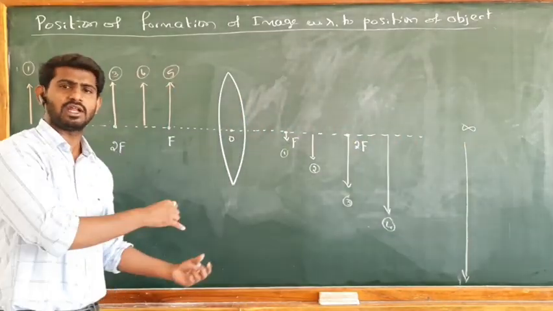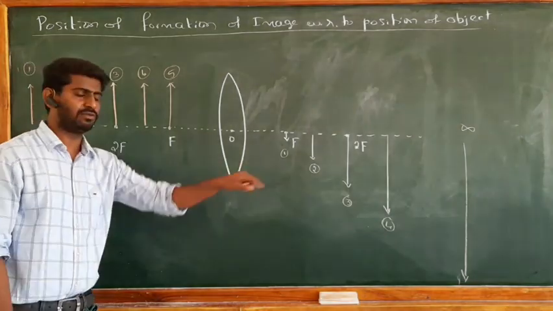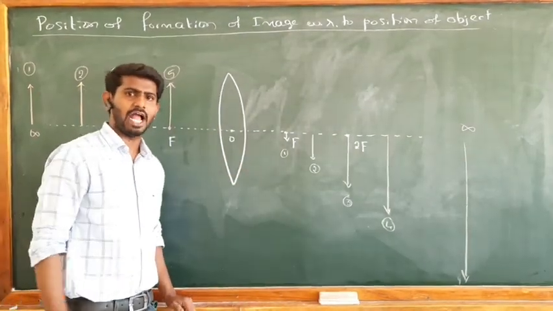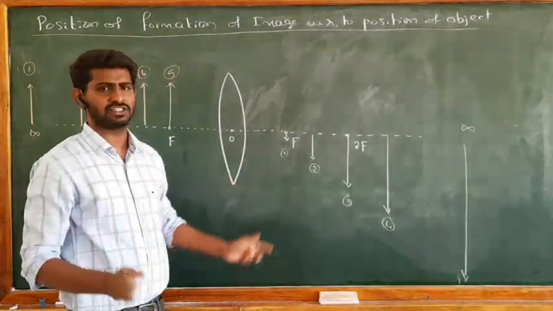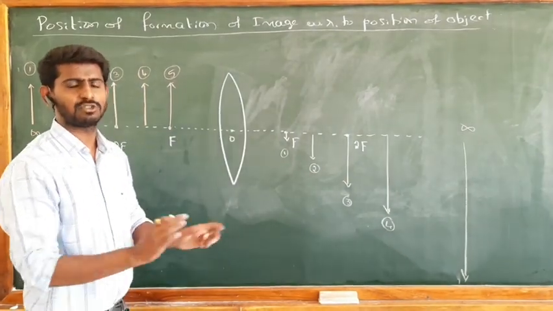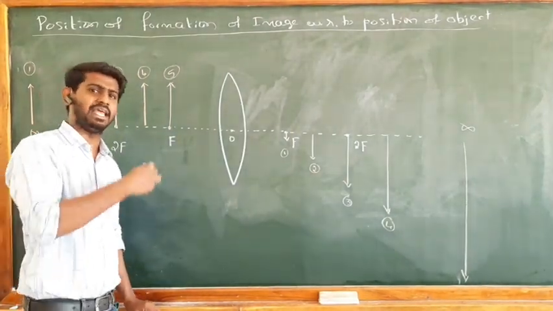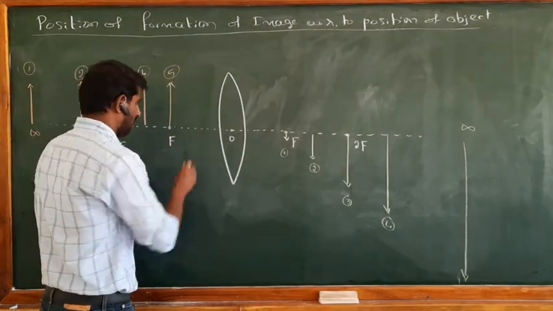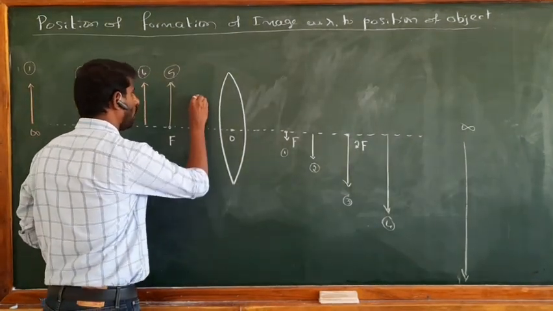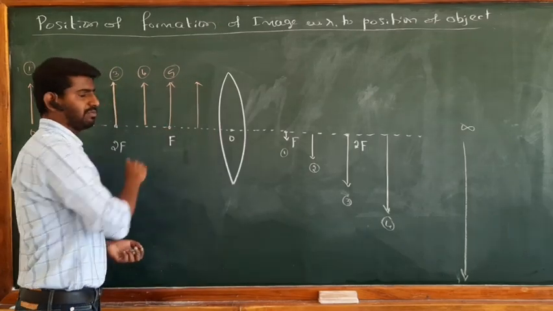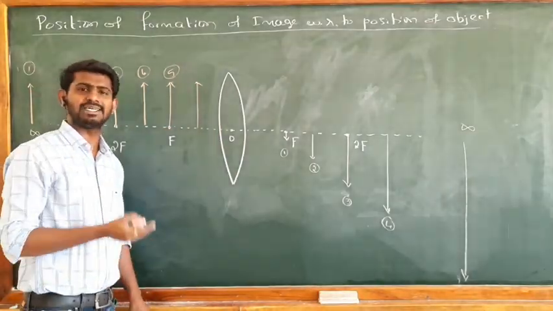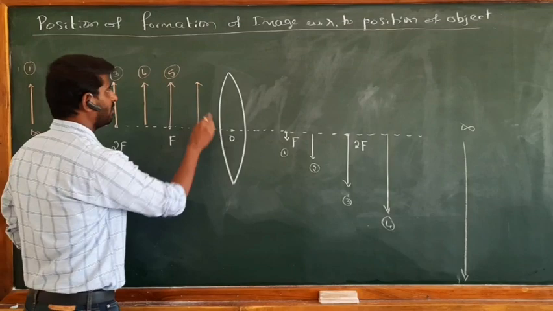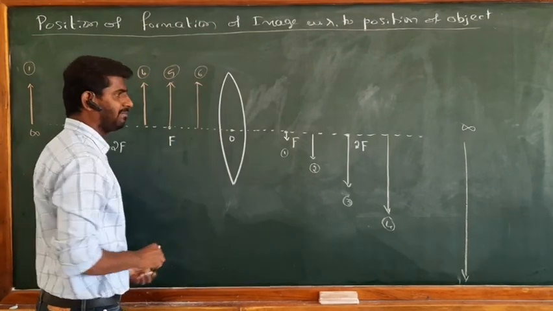What is the nature of the image? It is inverted, so it is a real image. And what is the size? It is much more enlarged, or much more magnified image, right? So when the object is between f and o, what is f? Principal focus. What is o? Optical center. When you kept it between f and o, I call this the sixth position, the image forms